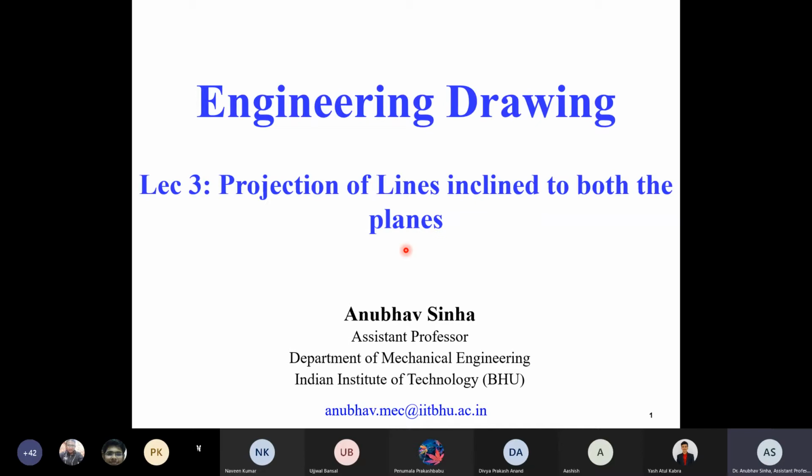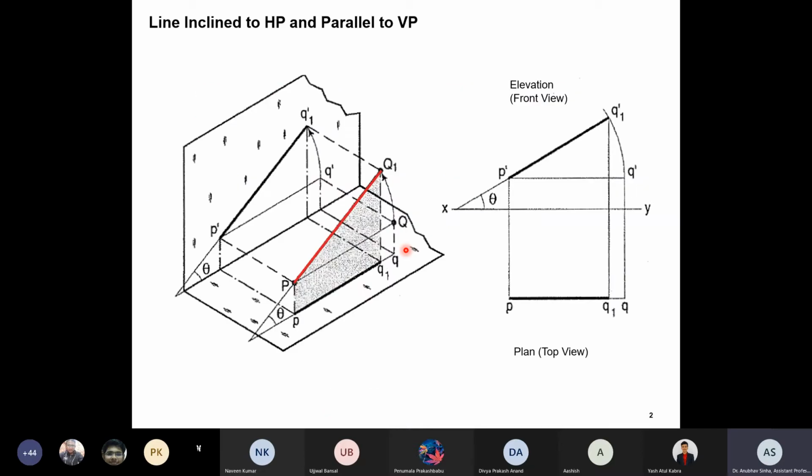This is what we discussed in the last class. I hope you are clear with how to find the projection of a line inclined to one plane and parallel to another plane. In the initial few slides we are going to talk about the fundamentals, how exactly to project. I want you to pay attention to that. Once you are clear with the basics, then we can cruise through and it will be very easy and straightforward. But if you have any confusion, it will be difficult to understand later on. So please pay attention in the initial five or six slides. Then it will be very smooth.